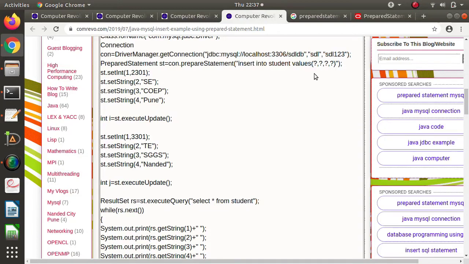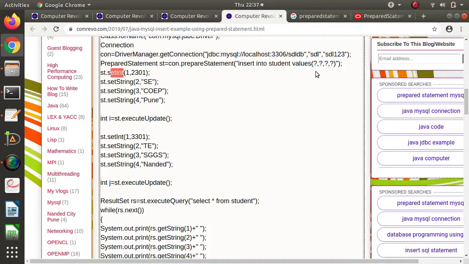Now to add data for this question mark we need to call the setInt or setString method. Again, these methods are called using the prepare statement object. Here 4 question marks are there. This means we need to add 4 values. The first index stands for the first value, and as it is an integer, we have called the set int method and mentioned the value.